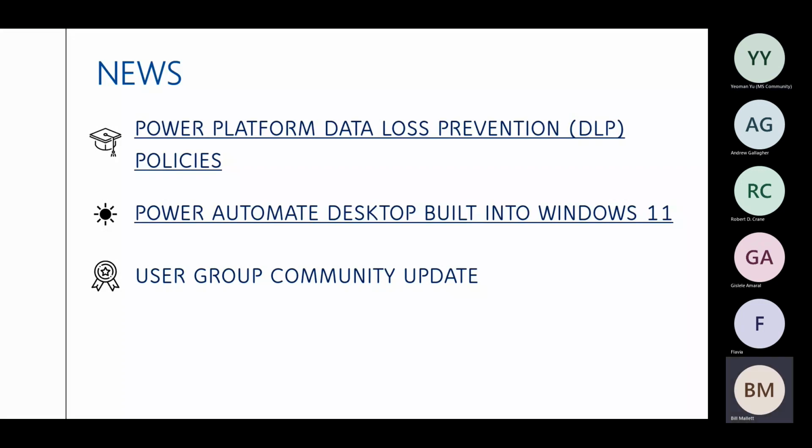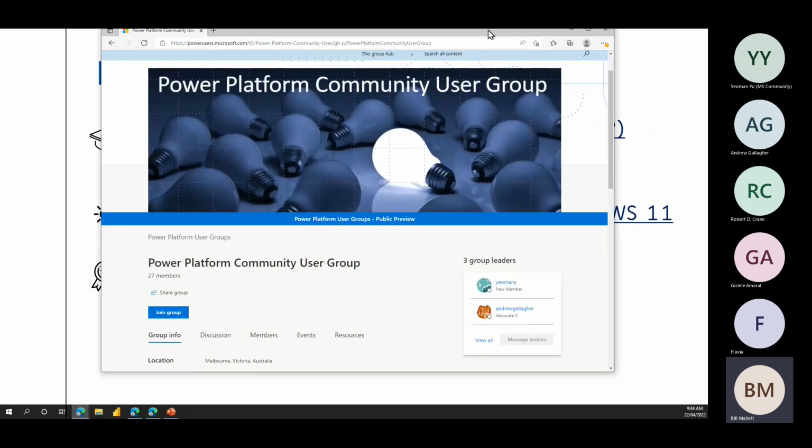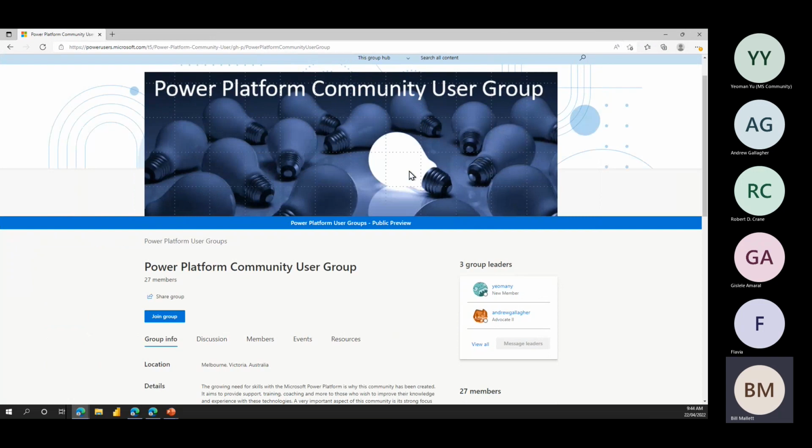Thanks, Yeoman. Very interesting to see. Maybe a reason to move to Windows 11. So just a quick update. You'll notice that we now have the 3 group leaders. Can't see me here, but you can do a view all. We can see us all now. So if you would like to message one of us, feel free to go there and send us a message.